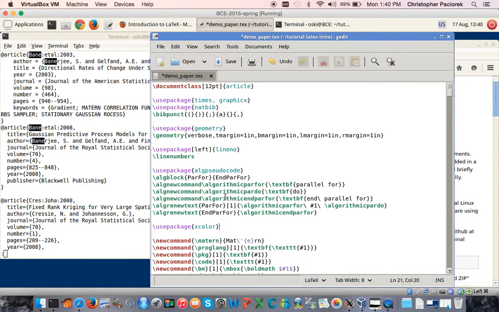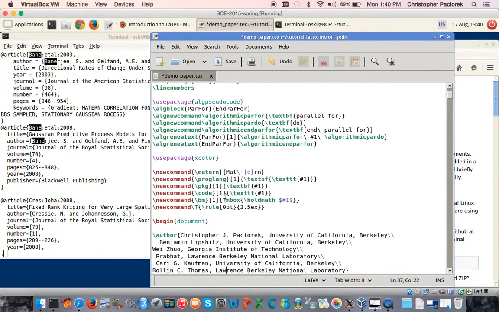And then as a final thing, you can actually define your own commands that will then get used in the document. So for example, every time you see this \newcommand here in the preamble, that's defining a new command that you could then use later on in the document. So I define a command called \Matern, and all that does is it simply writes out the name of this French person, Matérn, but with the correct accent over the E. So instead of me having to write out this accent notation every time, I just type \Matern whenever I want that to appear, and I type that in the document wherever I want it to appear. So if we wanted to, we could search down later in the document, and you would see that I've invoked this \Matern command.